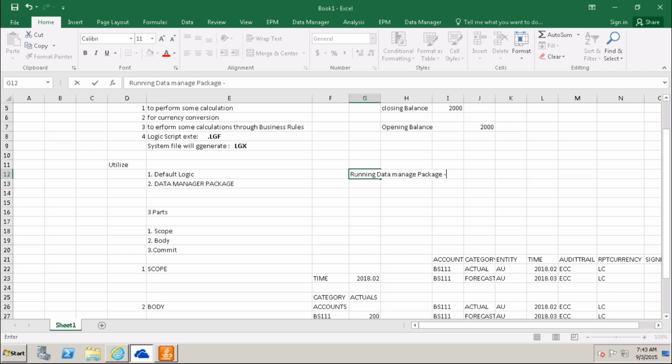It is an immediate action. It won't wait for 5 minutes or 10 minutes. This is the first case, when running the data manager package.